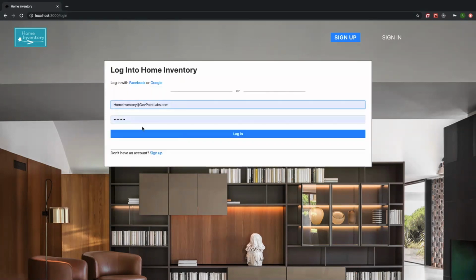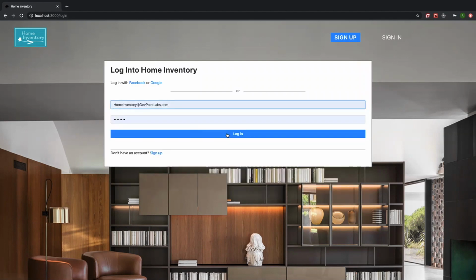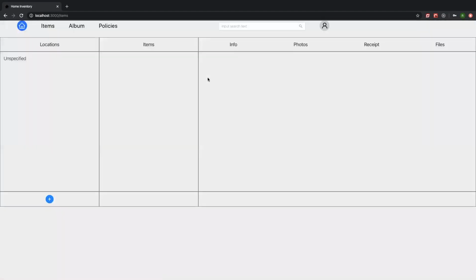I already have a login for this page, so I'm going to go ahead and use that. If you didn't, you'd go through the sign up page here. So we'll go ahead and log in. The landing page for our site, as you can see, lists the location, items, and all the attributes associated with